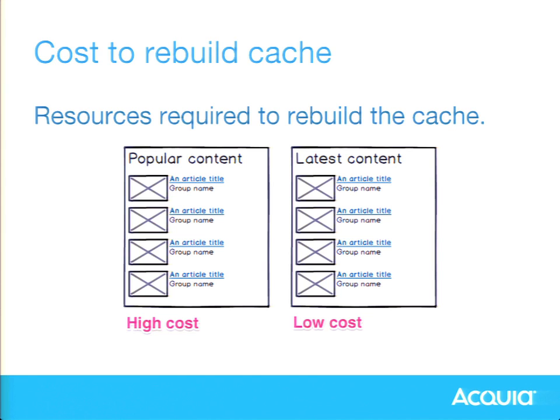And to give a few Drupal-specific examples here, if you think of expiring one block or one view, then it expires and you rebuild it. The ramifications of clearing that cache is very simple. On the other hand, if you're clearing the menu cache, for instance, to add one link, that one link is cheap. But because of how the cache is constructed and understanding how that fits in, the cost to rebuild it is much more than the change that you kicked off. So what you're doing doesn't necessarily tell you what that cache rebuild is. It's actually more about the structure of what is coming out of that.